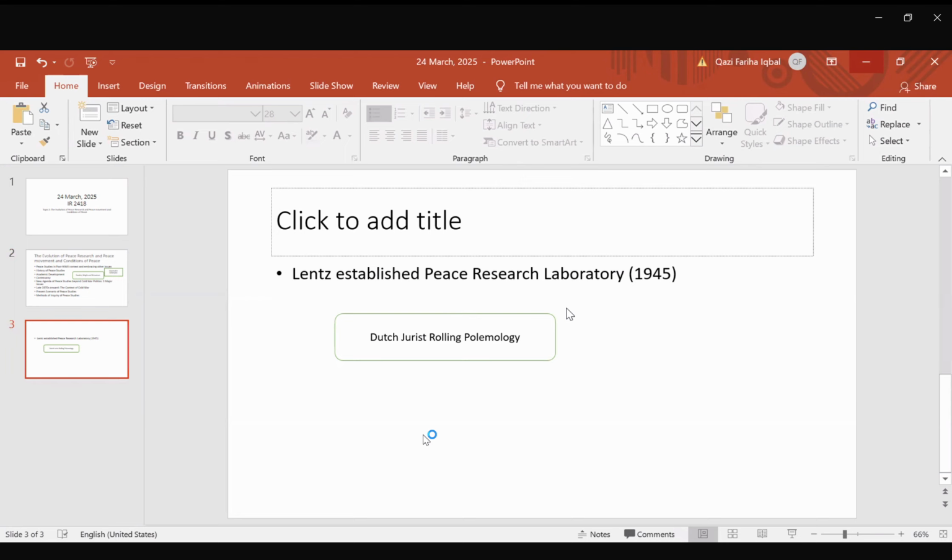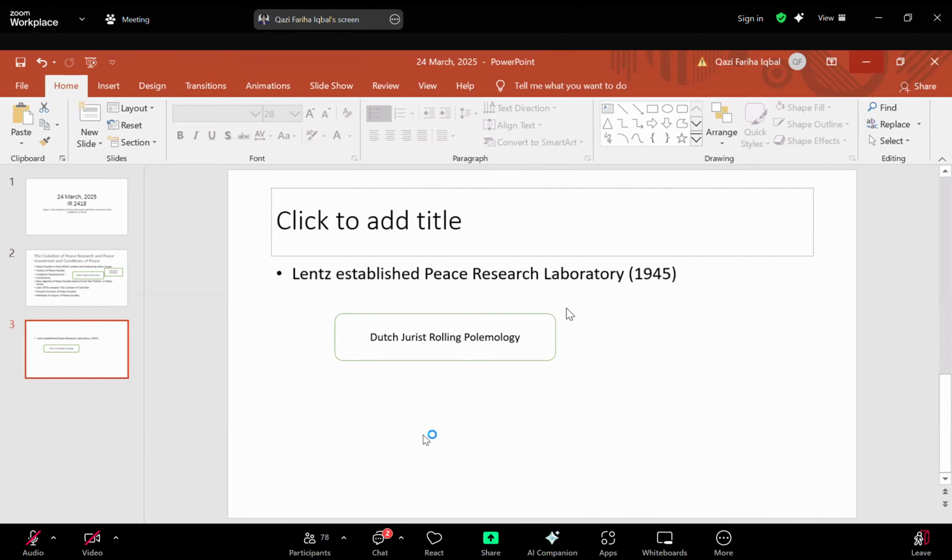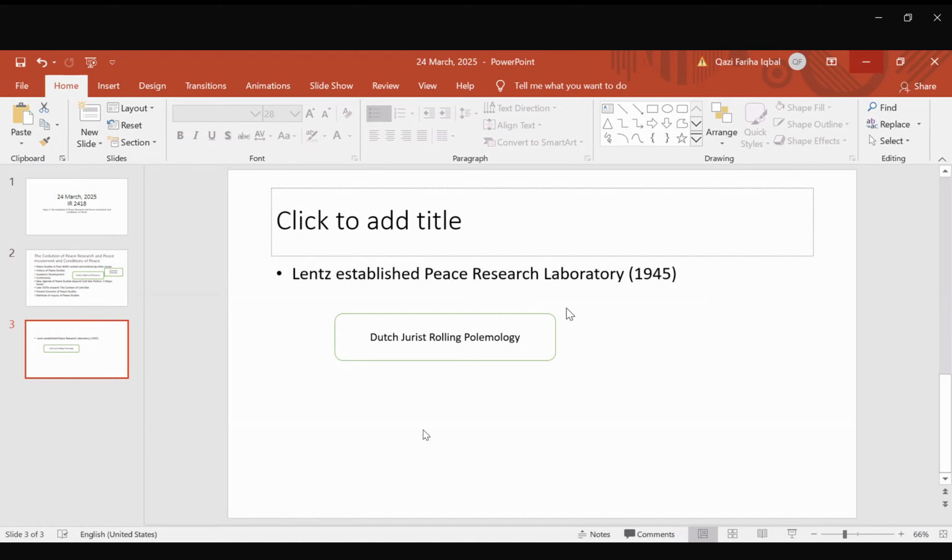Study of human attitude, and especially the subjective and emotional factors, are important to study the concept of war and peace, according to Lens. And he has said this in his book called Towards a Science of Peace. So this is part of scientific methodology. The scientific approach is focusing on mathematical equations for predicting when an arms race will end in war.